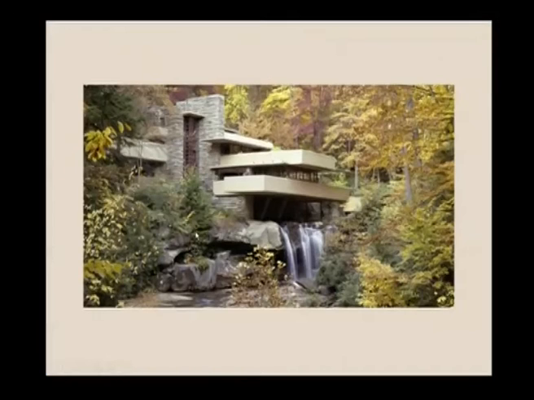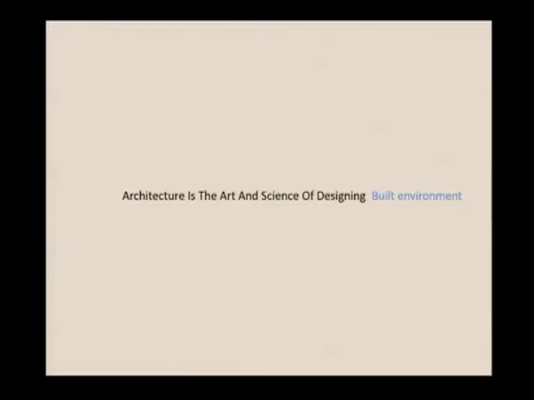For example, in this building called Fallingwater, designed by the architect Frank Lloyd Wright, he brought harmony between the man-made architecture and the beautiful nature by incorporating the natural waterfall and also the natural stones inside the building. So now we can redefine the definition, saying that architecture is the art and science of designing